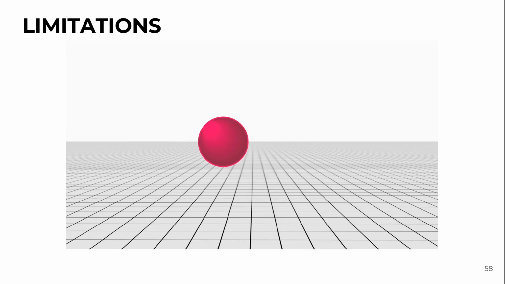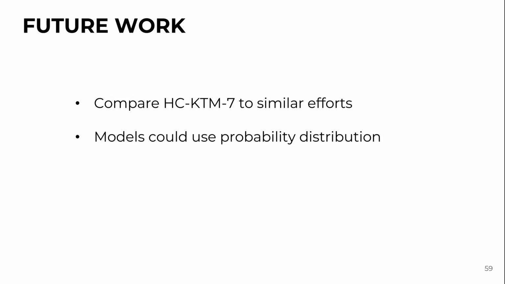acquisition movements. Looking to the future, of course the HCKTM7 model is only one possible approach. Comparing our results to similar efforts such as regression-based extrapolation and target classification could yield interesting results. Future models could include probability distributions across possible targets to influence predictions. As well, there are many categories of facilitation one could implement. One could augment the pointer itself, for example by bending or expanding its size, augment the target to help the user, such as using different target arrangements, adjusting the ratio of the controller's perceived movement, or highlighting targets in a